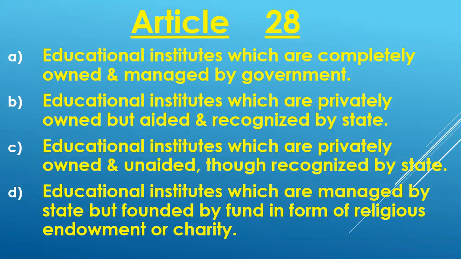Okay, so the first point is clear. What is the first point? The first point is that these types of educational institutions are not made by the money of the government or any private individual. So from where does the money come? Definitely these kinds of educational institutions are made by money which comes from religious donation, religious charity. Now friends, these educational institutions are managed by the government. So the second point is that this fourth category of educational institutions is managed by the government.